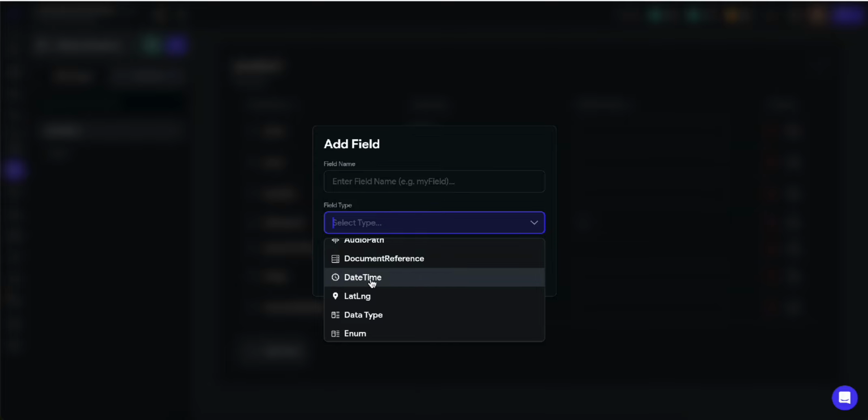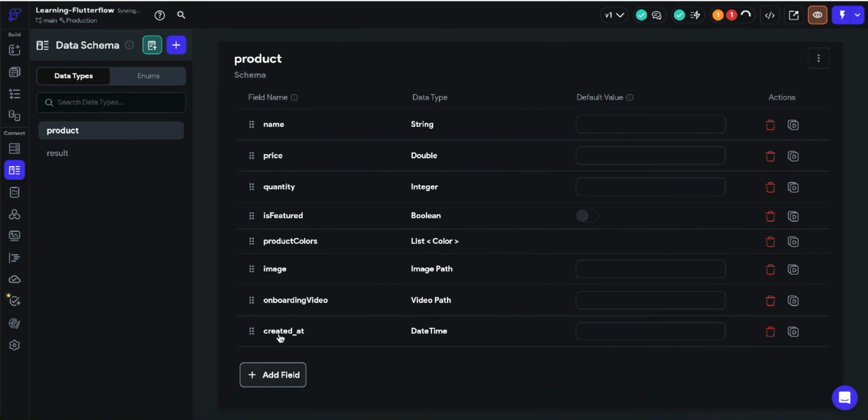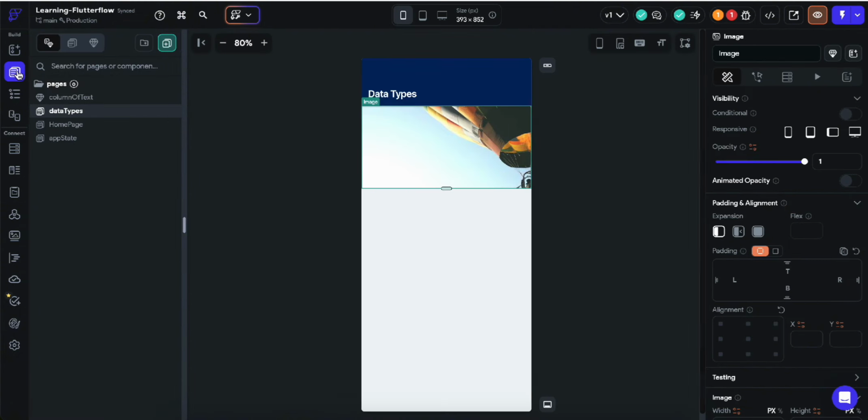Then we have date time. Let's suppose we want to use created at. Whenever the product is created, we are going to pass the date time. So how can we set the date time? If you go there,